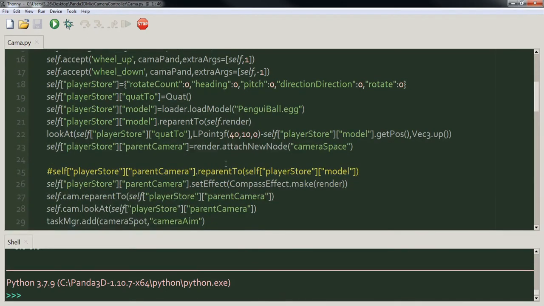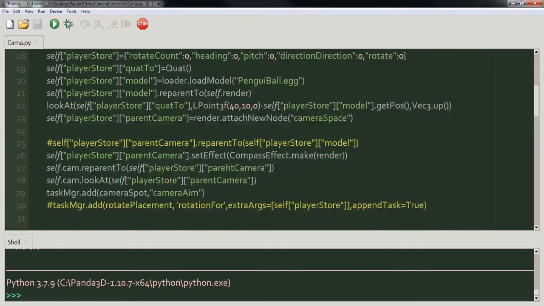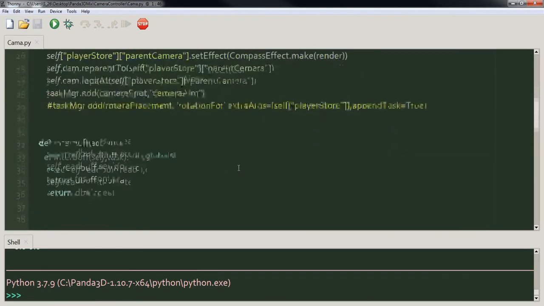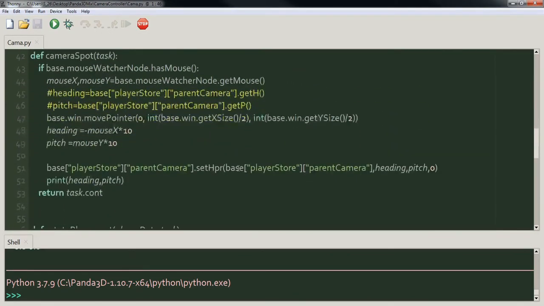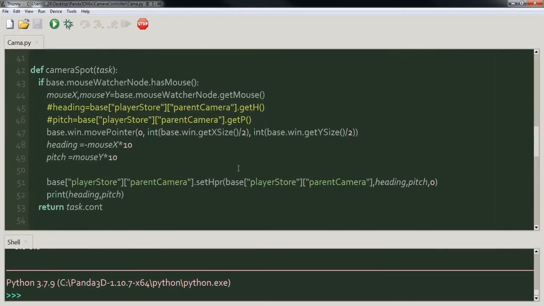So let's take a look at how the camera works. This function is a Panda3D task that's called by the task manager, and